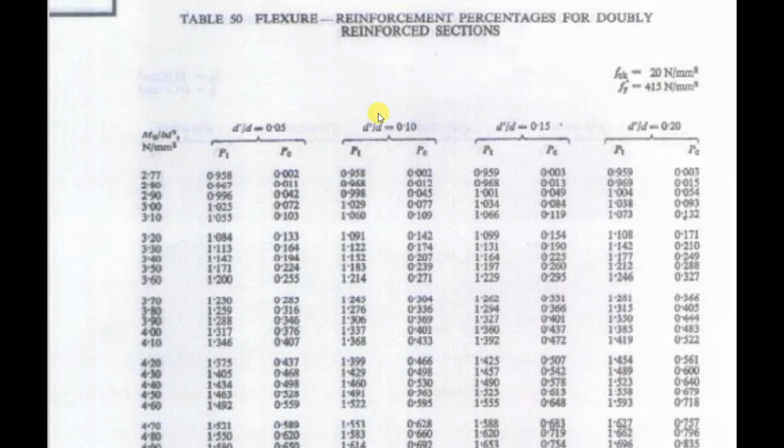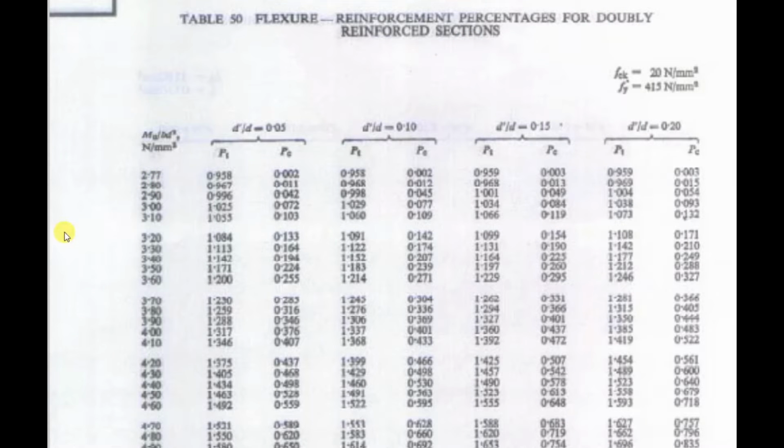So here, as we checked from Table 2, the limiting value for Mu by bd square was 2.76. After that, it started here from 2.77. So for the same grade, Fe415, it started from 2.77. So that was the limiting value, and if that exceeds that value, we have to go for this doubly